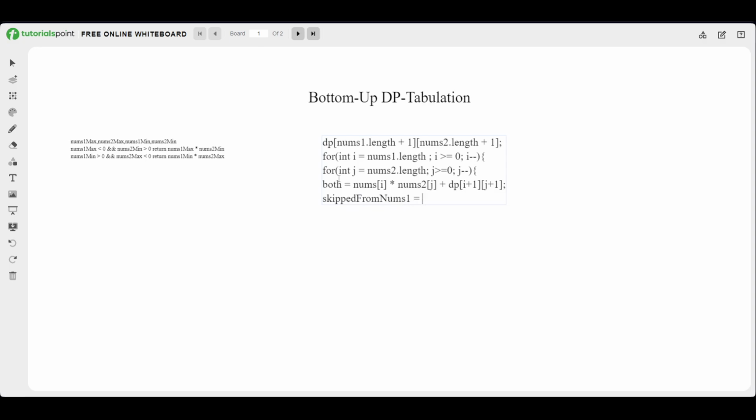Okay, and similarly if we have the choice of skipping from nums1, we'll do dp of i plus 1, and in that case j would be the same. And in the other choice, skipping from nums2, we'll have dp of i as it is, and then dp of j plus 1, and at the end we'll be storing dp of i j equal to max of both,